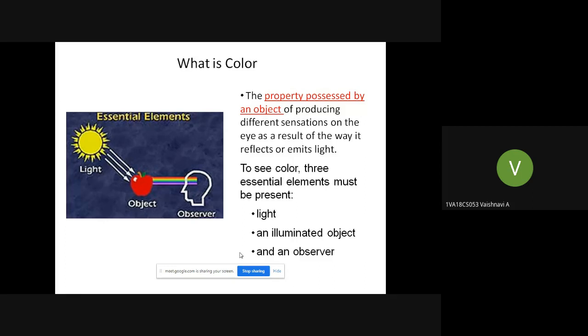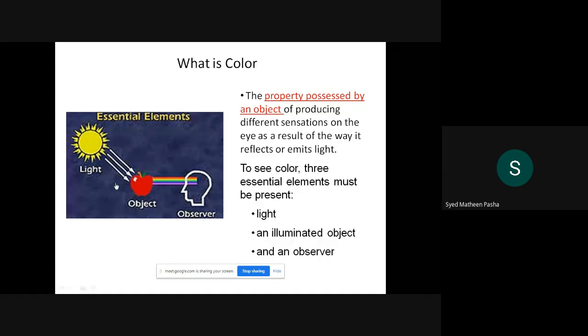Light. Very good. As your friend told, light is one of the most important aspects if you want to see an object. So check out the diagram as well. There are some essential elements so that an observer can see an object. If this light is not present here, this observer cannot see the object which is being presented here.